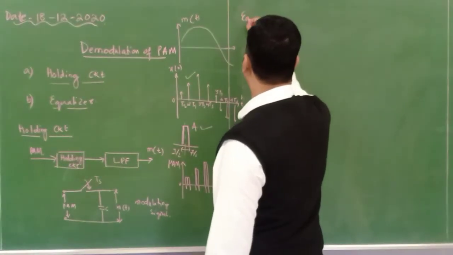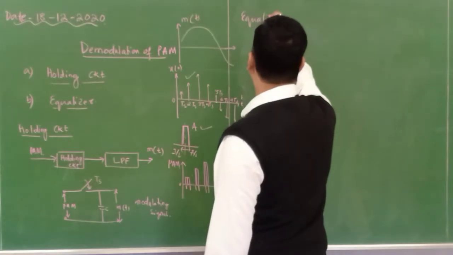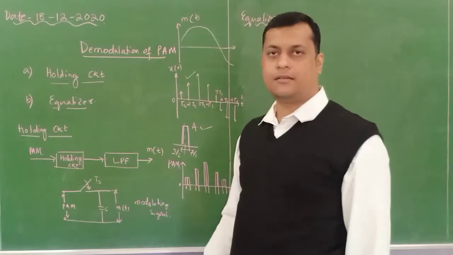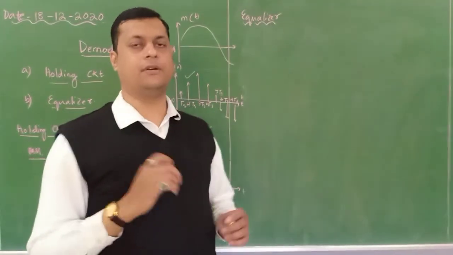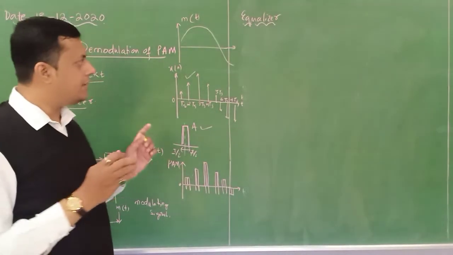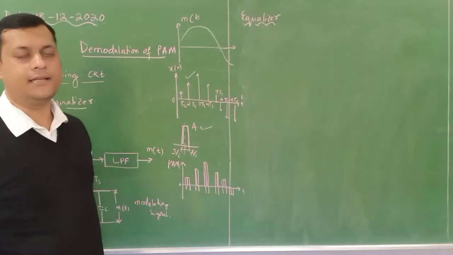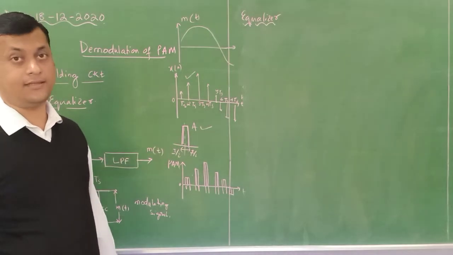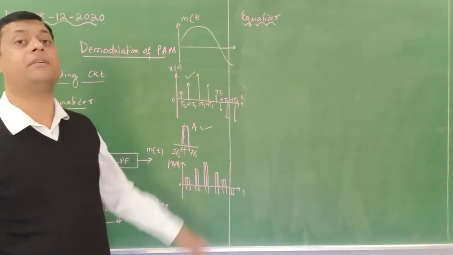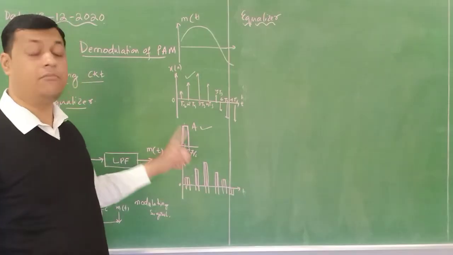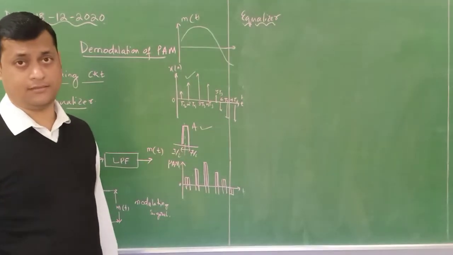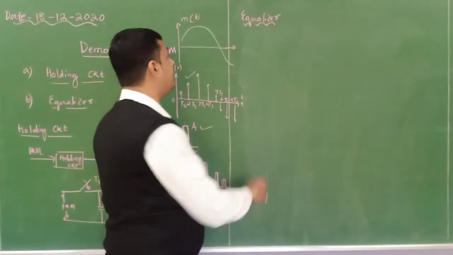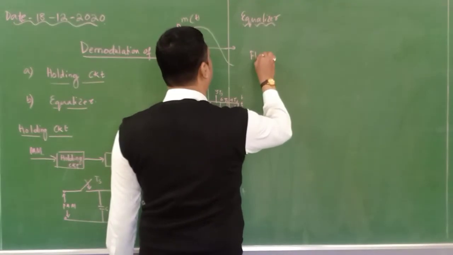Next is the equalizer. The equalizer is also a very simple network or a small device through which we can extract the pulse amplitude modulating signal from the pulse signal. Now this equalizer is specifically meant for demodulation of a flat top sampled signal. It is specially identified for the equalizer because in flat top sampling,